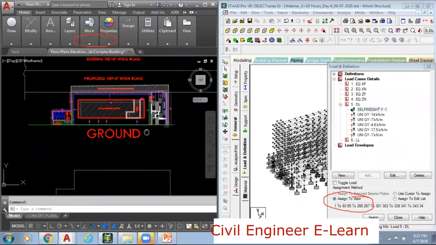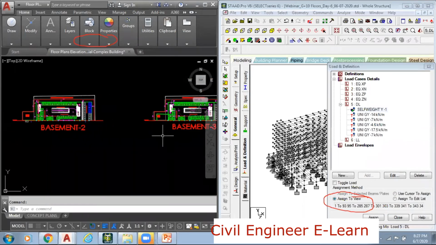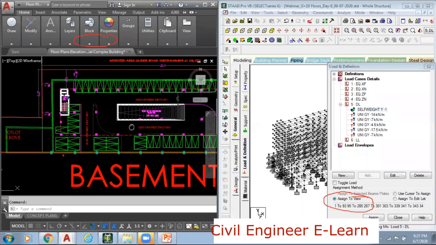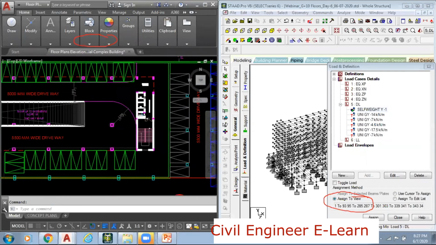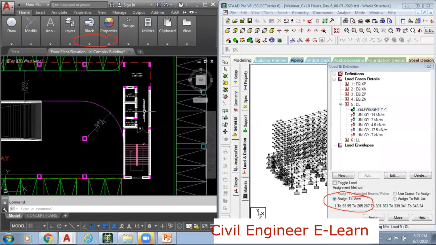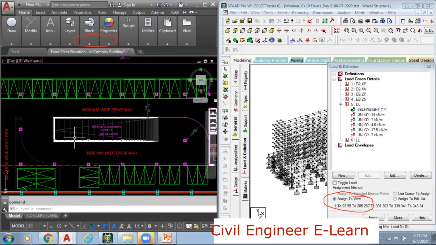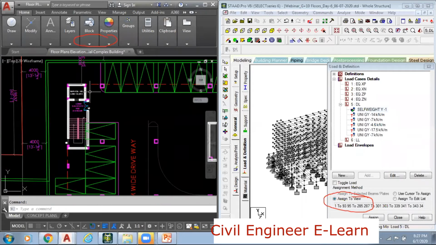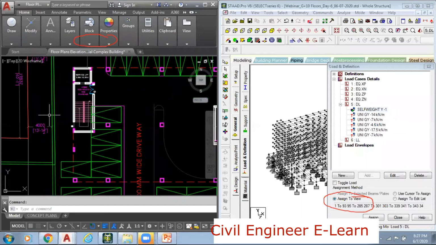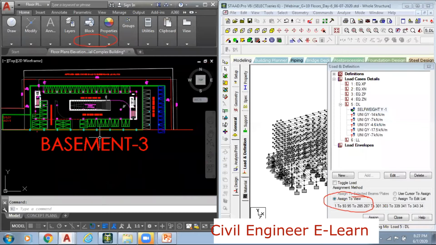Now see, this is the ground level. This is basement 1, basement 2, basement 3. So first I will focus on basement 3 here. All these white color ones are the walls. So where do we have walls? Lift location and then staircase location. On the ramp location also we have a wall. Here we have one wall. Here also we have one wall. Here also we have staircase and then lift. Even here also we have wall loads. Right? So this is for basement 3.